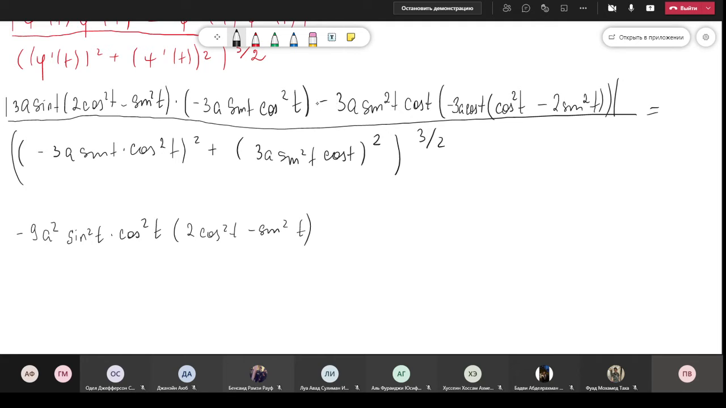Then here minus and minus give us plus. 3a times 3a is 9a squared. Then sine squared cosine times cosine is cosine squared. Same here and here, same. And this we have cosine squared minus 2 sine squared. Close our modulus, and all of this divided by